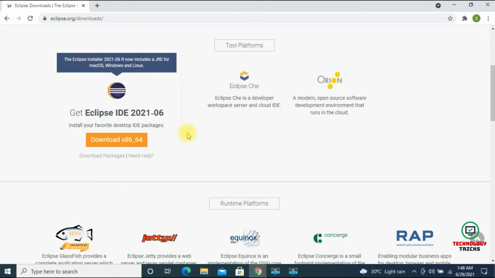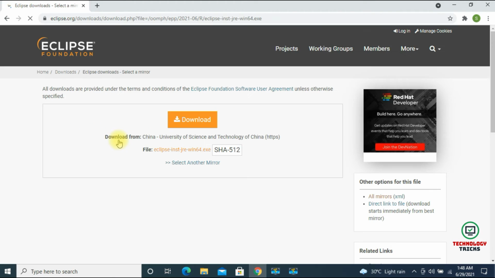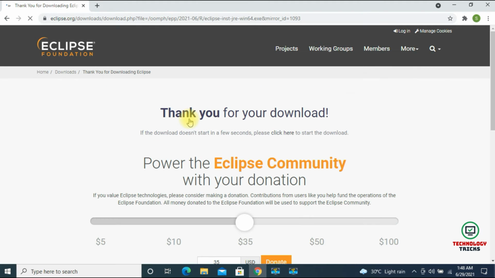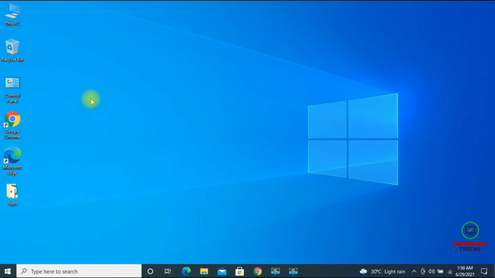Yes, now scroll down a little bit, you can see another tab, download. It's 64-bit. Click on this. Yes, now you can see download tab here. Click on it. Yes, now you can see at the bottom of taskbar our download already has started. Now let's wait for some time to get it finished. Yes, now we are done with the download.